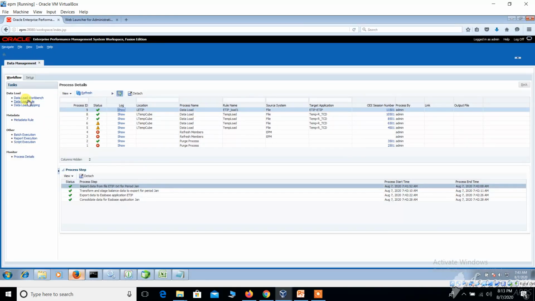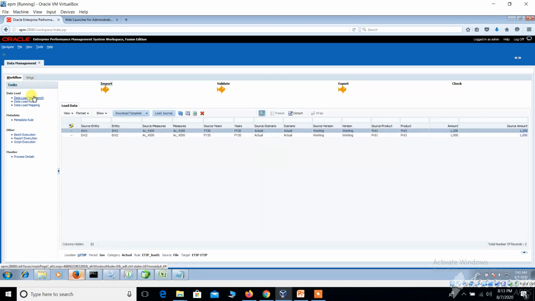So go to the workbench, data load workbench. Also we can see the data for this cube. We can see the import format has completed, validate data, and export has completed. You can see here prod 1 and data load workbench.